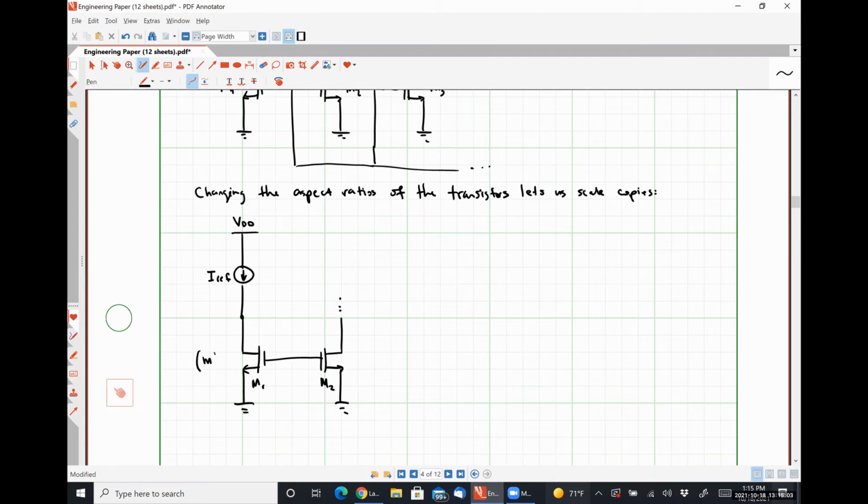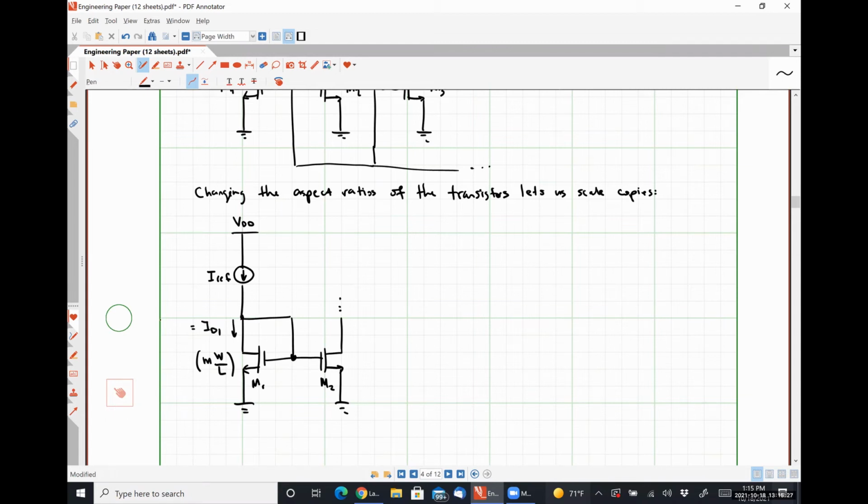If this guy has an aspect ratio of M times W over L. Oh, and I need to connect this guy, right? And my drain current here,